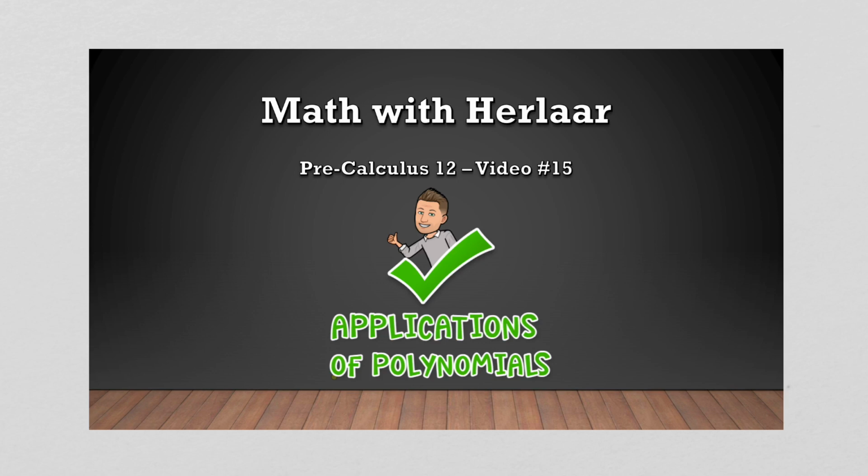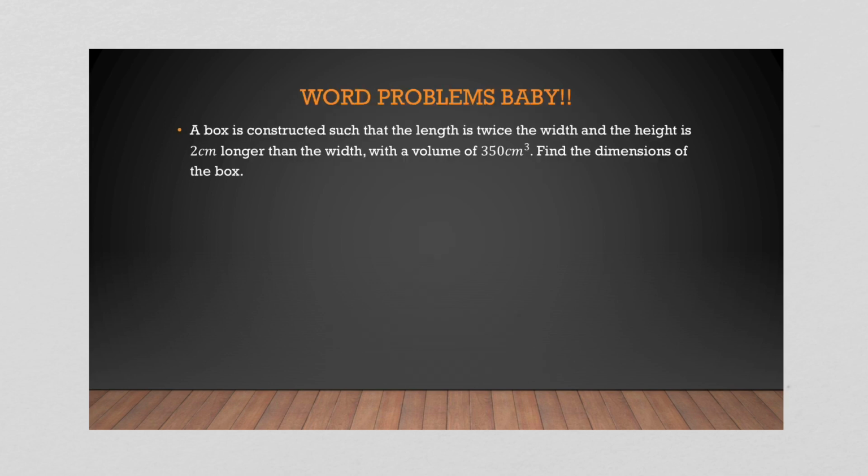I'm also going to take a few steps for granted, so check back into them if something I've done you're a little hazy on. So here we go. A box is constructed such that the length is twice the width and the height is 2 centimeters longer than the width. So let's just think about what this box looks like for a second. If we have a box and it's 3D,